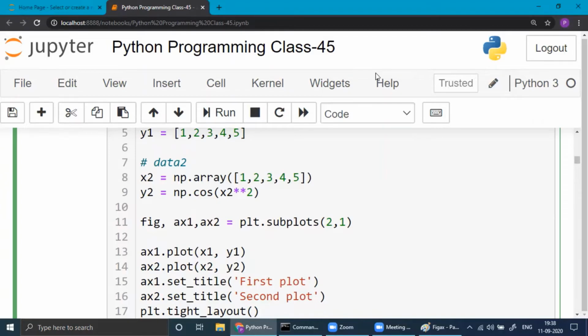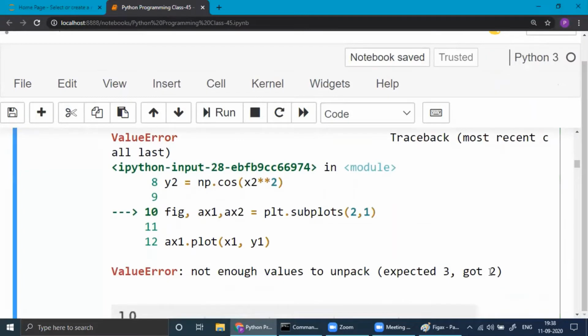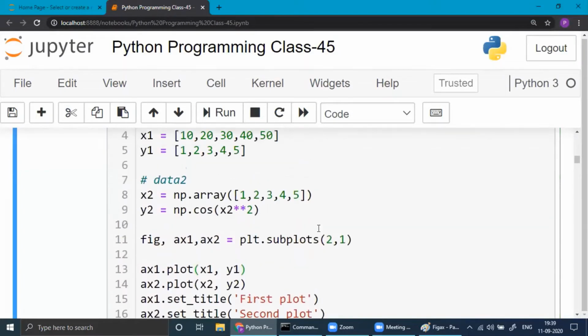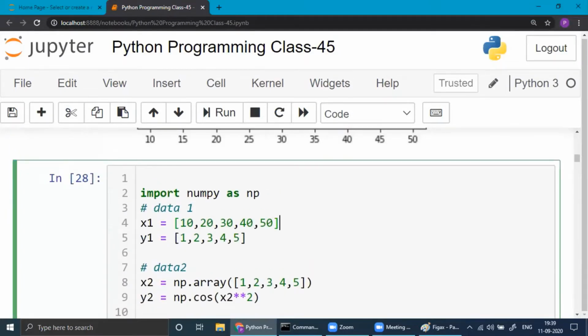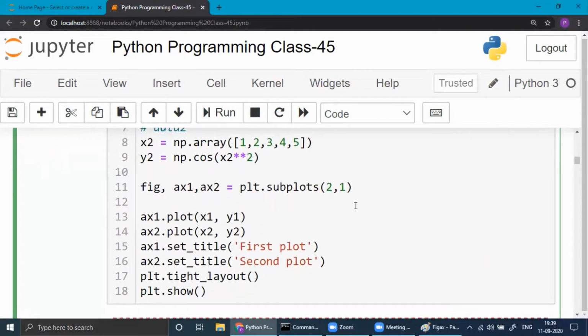That means we've written 3 here, we expected 3, but in reality we got 2, because it's a 2 cross 1. That's the problem. So if you make it 2, then that's fine.